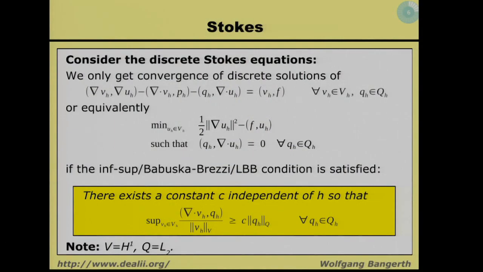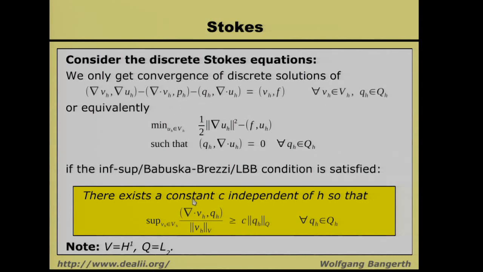I can reformulate this in terms of a mathematical inequality. This necessity to not have too many constraints is expressed by a condition that we typically call either the inf-sup condition, or the Babuska-Brezzi condition, or the LBB condition. And this condition looks like this. It says that the problem is only uniquely solvable with our discrete finite element spaces if there exists a constant c that is independent of the mesh size, so that the term that I have here in this bilinear form, that is the thing that comes out of either grad p or div u,